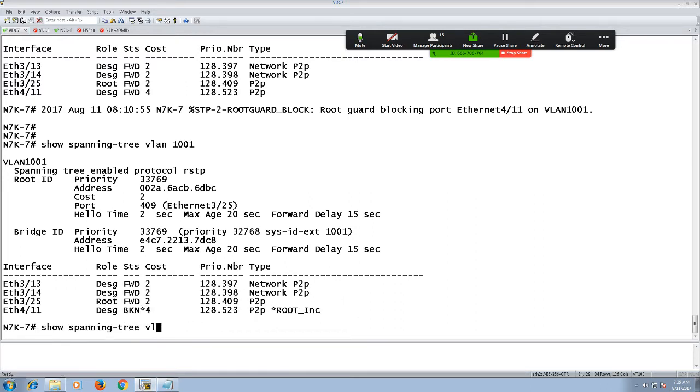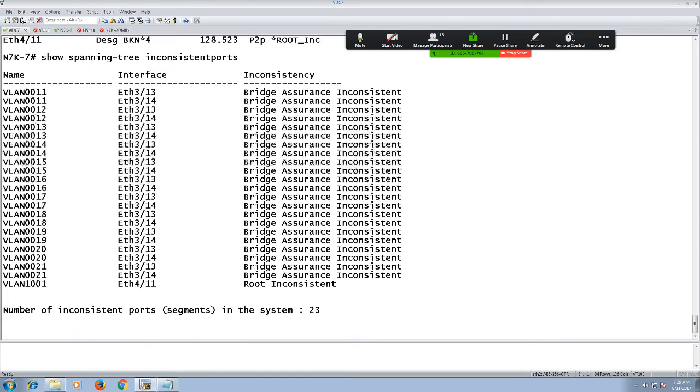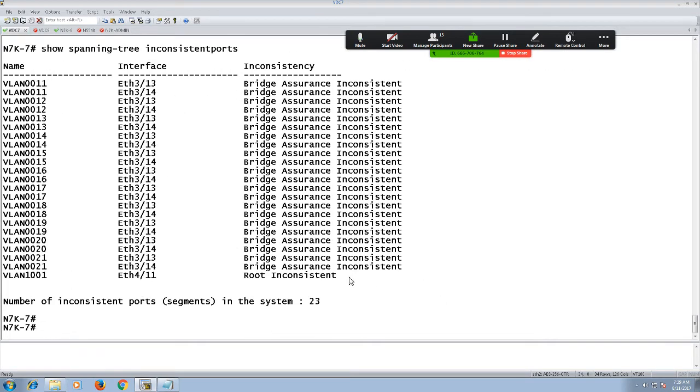If I see show spanning-tree inconsistent ports, those ports are in what? Root inconsistent. And for which VLAN? That is only for 1001. So when you compare with BPDU guard, it disables the port in spite of what VLAN you are part of.